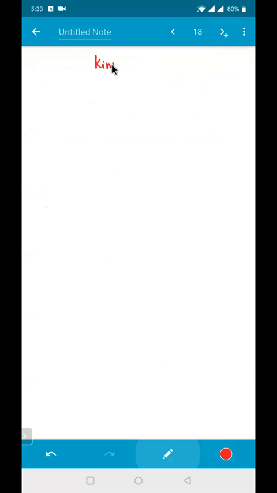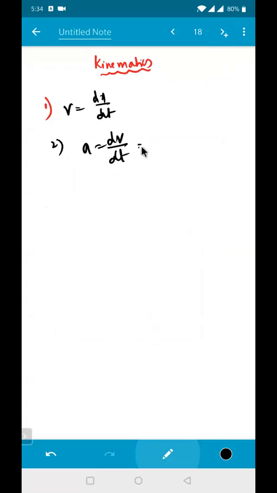Let us try to revise in a faster way the kinematics, both part 1 and part 2. First formula which you generally revise, or should know, is v equals dx by dt for the numericals part. Second one is a equals dV by dt. Don't feel that, sir, I already know this one, so why are you telling? Okay, I'm just revising it for the faster way. d square x by dt square, and that will be equal to the next one, v into dV by dx. The equations of motion everyone already knows, so I'm not writing that one.